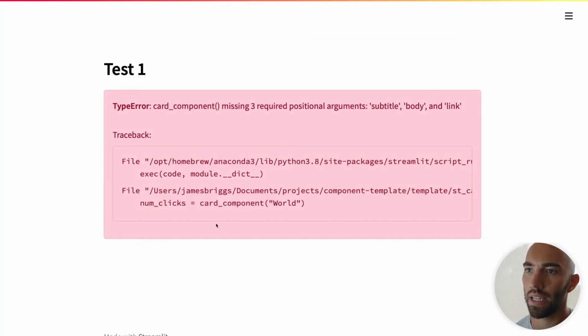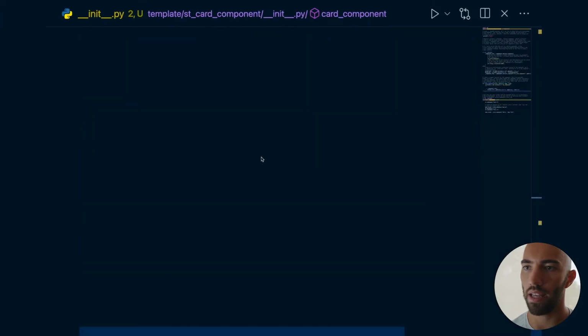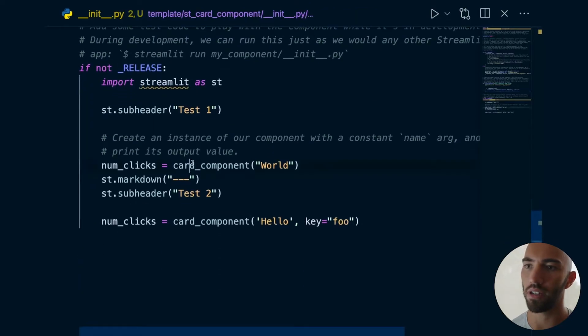So we rerun, and we get this type error, card component missing 3 required positional arguments. Now, the reason for that is because when we're actually calling our component later on in .py, we're only passing a single parameter to it, which is, I think, hello and world. So we need to pass at least 4, one for each of these arguments that we have. So let's have a look at that in here. Okay, so we have card component, and we're passing, at the moment, just a title. We want to pass, let's say, title,